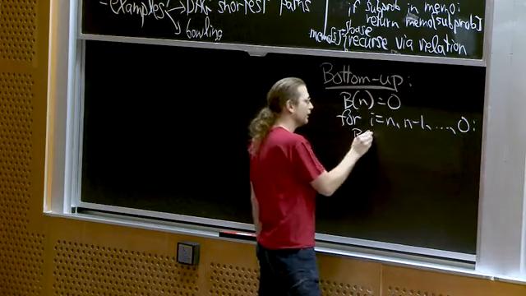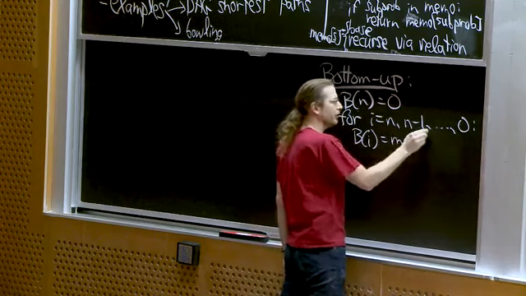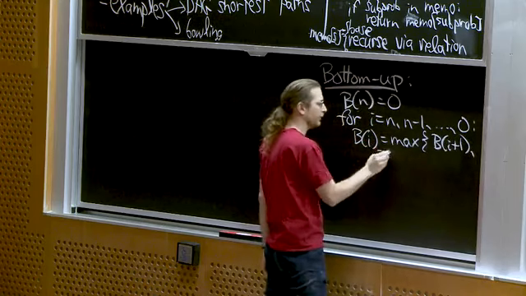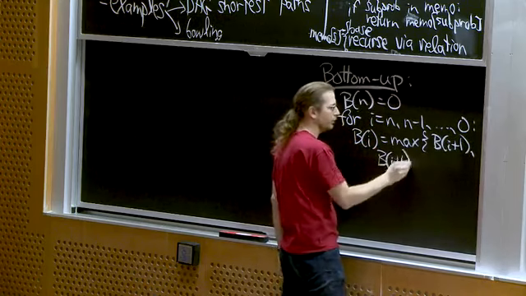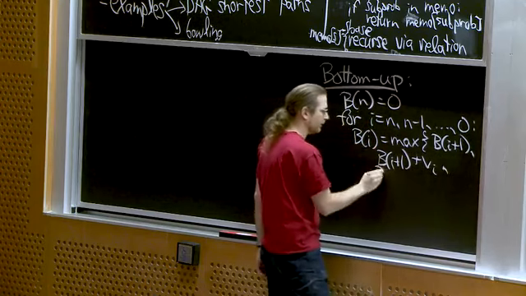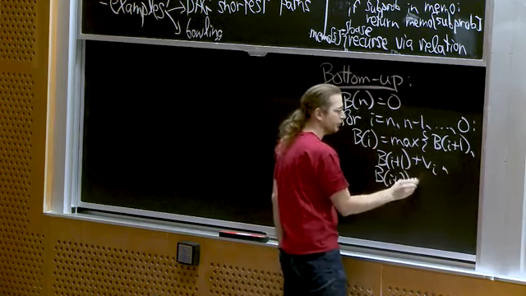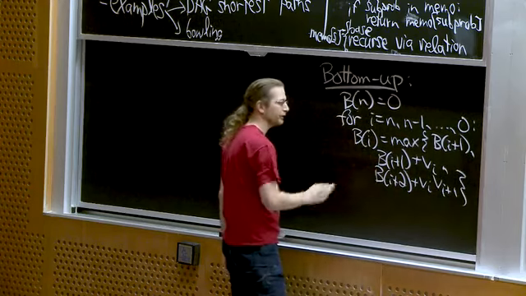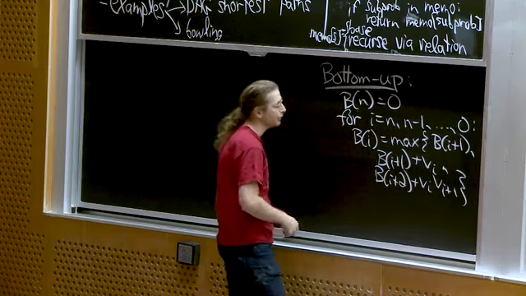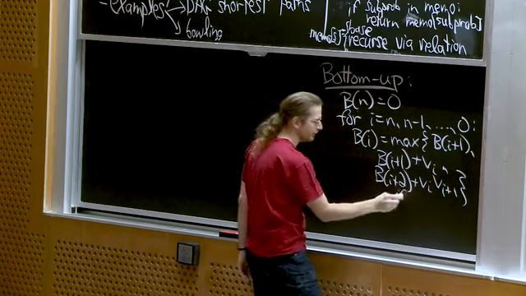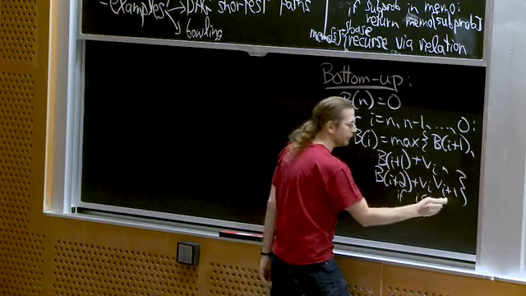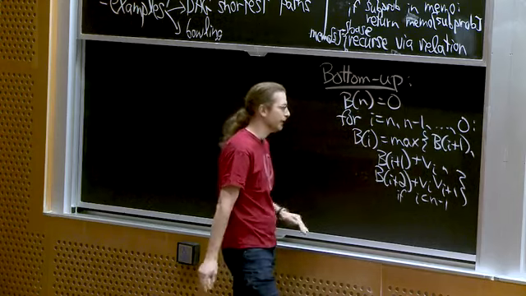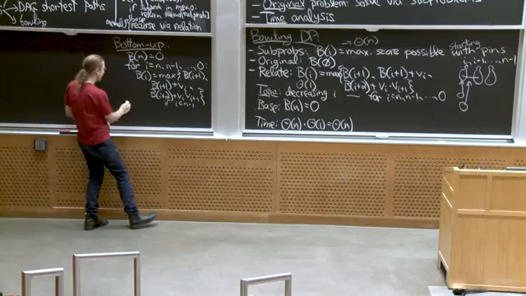B of i equals max of b of i plus 1, and b of i plus 1 plus vi, and b of i plus 2 plus vi plus 1. Technically, this only works if i is strictly less than n minus 1. So I should have an if i is less than n minus 1 for that last part, because I can only hit 2 pins if there's at least 2 pins left. And then return